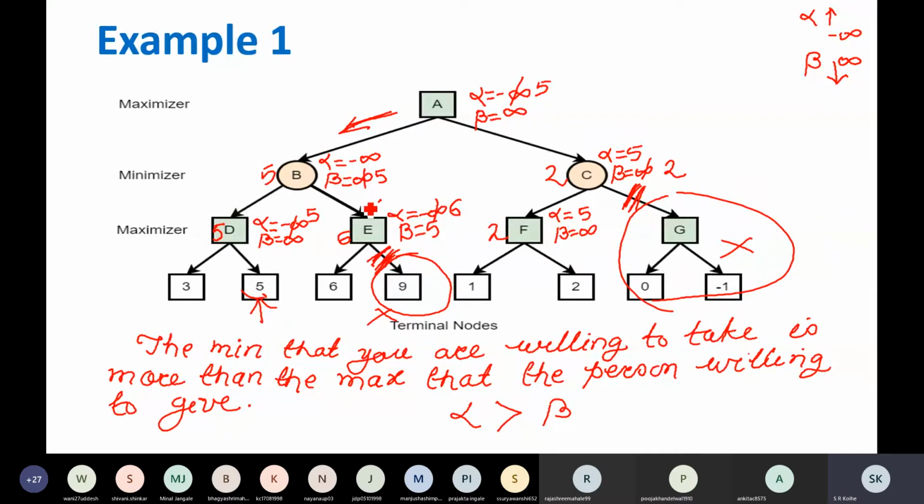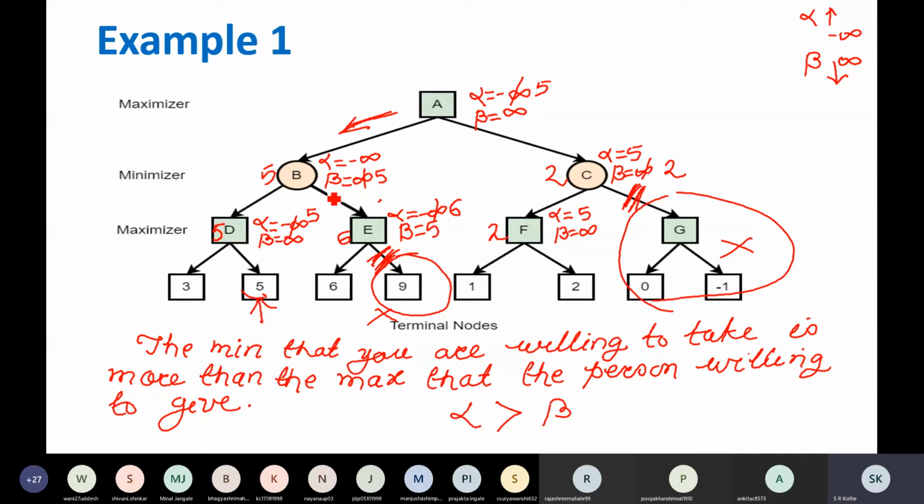Again I am explaining why you did not have to go through this particular path. Beforehand, how did we come to know that? E is a maximizer node. Maximizer is interested in the maximum value. So you may say, why not this 9? But see, a maximizer is always connected with a minimizer.